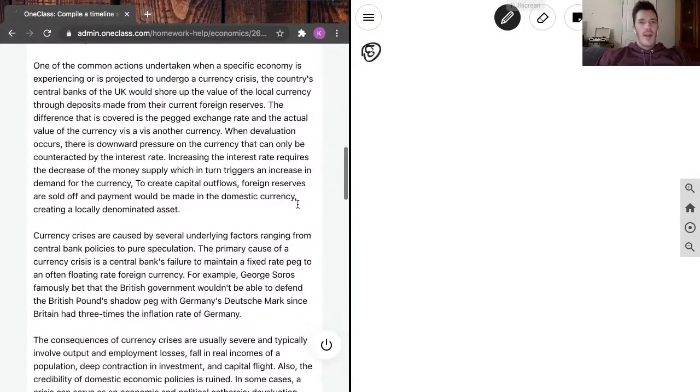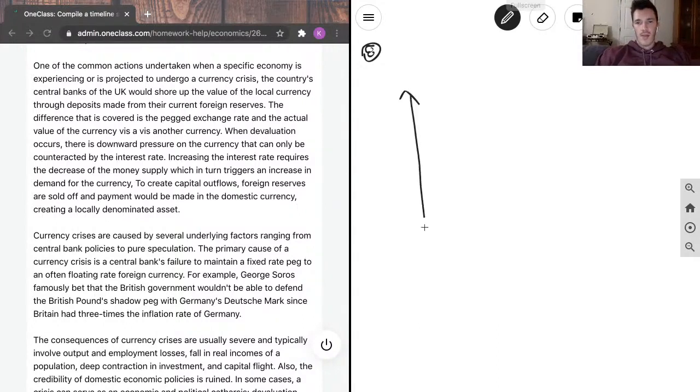Okay. One of the common actions undertaken when a specific economy is experiencing or is projected to undergo a currency crisis, the country's central banks of the UK would shore up the value of the local currency through deposits made from their current foreign reserves. The difference that is covered is the pegged exchange rate and the actual value of the currency vis-a-vis another currency. When devaluation occurs, there is downward pressure on the currency that can only be counteracted by the interest rate. Increasing the interest rate requires a decrease of the money supply, which in turn triggers an increase in demand for currency. So if we remember our money market graph,